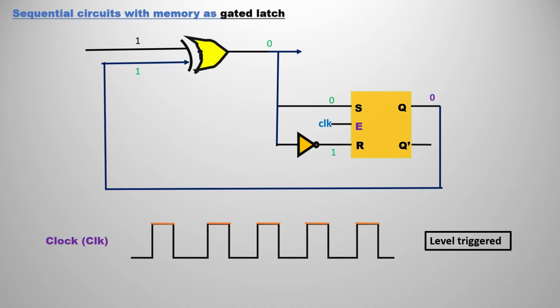If you see clearly here, R is dominating, means reset is dominating, R is equal to 1. So in this situation, as output will be reset, that's 0. So again it will come back. Like this is a very fast, instantaneous process. So that is, if level trigger is used, this very problem is arising.